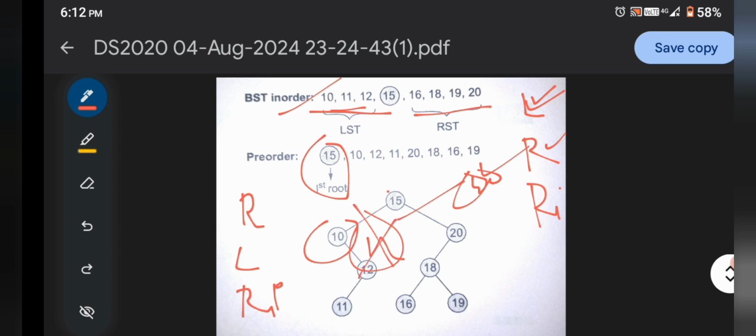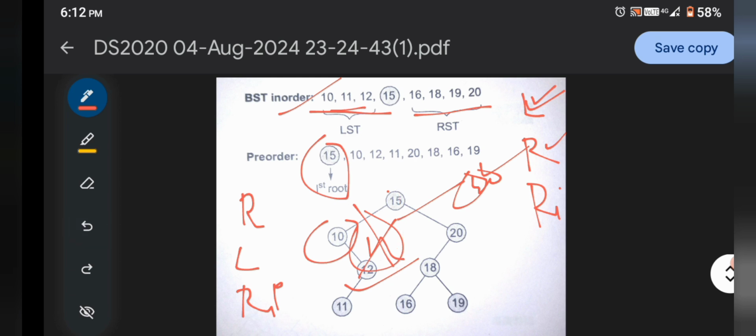So we easily say that the 11 element is not the left child of the 10, but it will be the left child of the 12. Based on that statement, we easily find out this type of tree. So here the left subtree is made.